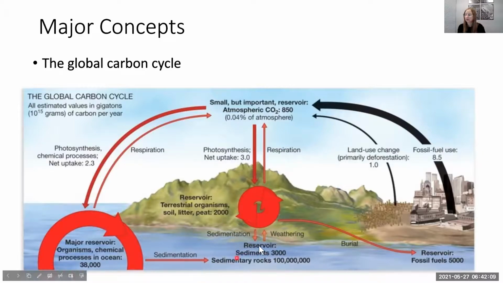But note that these arrows are pretty lightly colored and pretty small. Also, some of it will be buried and will become fossil fuels. And then this is our problem right now. We take those fossil fuels and we burn them. And this arrow is nice and thick and big because we're releasing a ton of carbon dioxide into the atmosphere